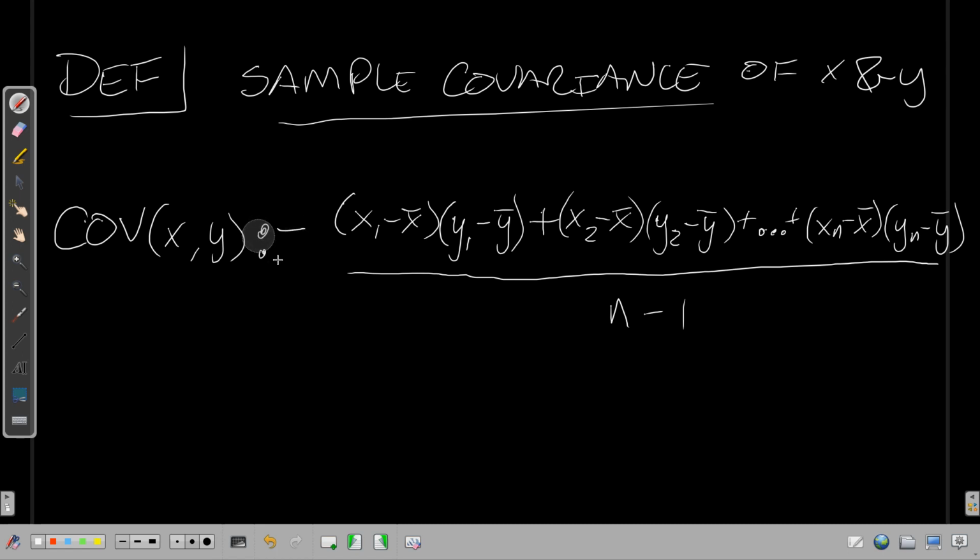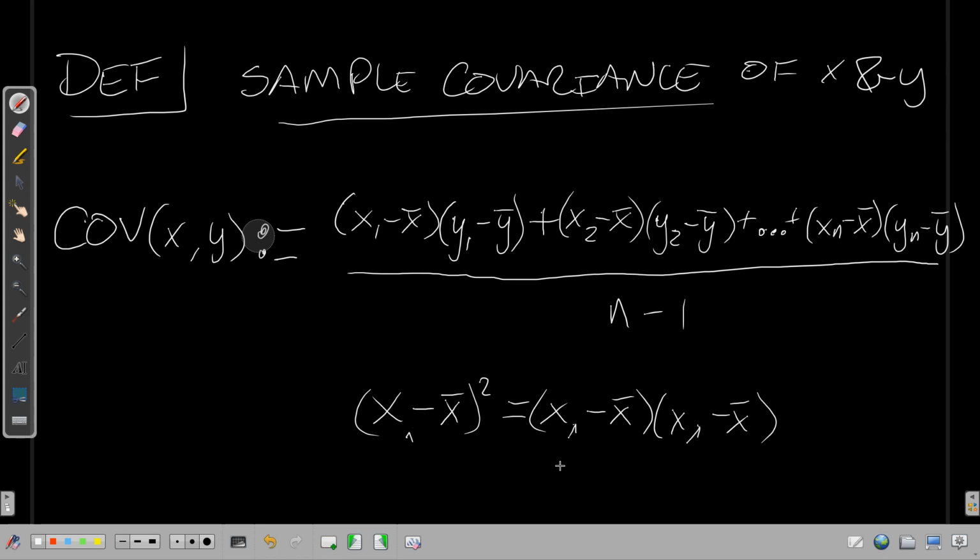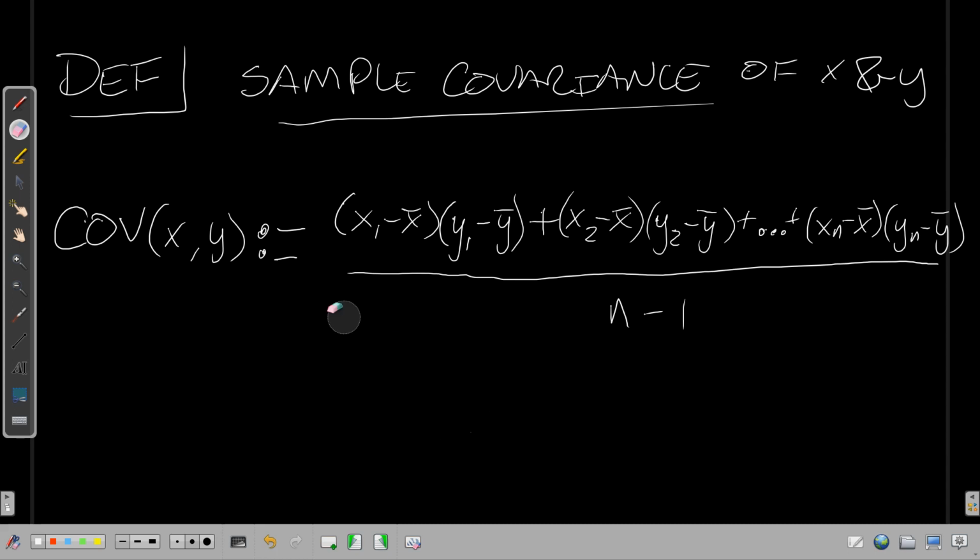And we call this the covariance. So it's just like the variance, with the exception of, instead of the numerators looking like this, you still have two terms being multiplied together, but now the other one has just got the y information. Okay. So if this is our definition of covariance,